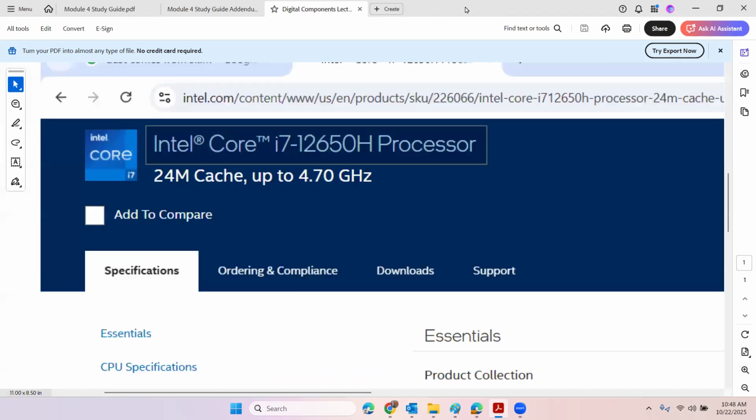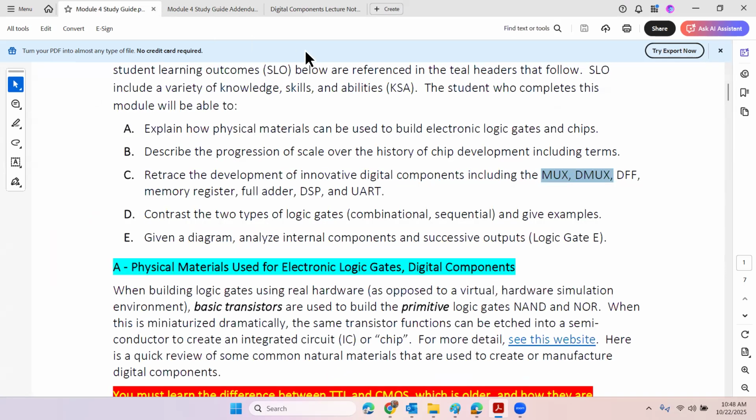However, once you have some basic, simple capacities, simple functions, you have the basis for innovation and revolution. Let's talk about the DFF, okay? So you have a mux and a demux, and I want you to remember that the mux allows you to switch the inputs, right? It allows you to switch inputs. And what we're going to do here,